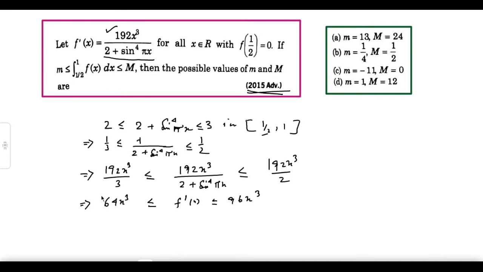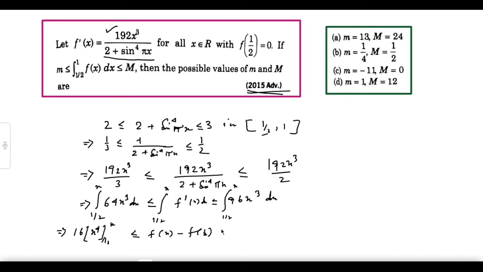Now taking integration with limit half to x dx on each term, we integrate: 64 by 4 means 16 x to the power 4 over limit half to x, less than equal to f of x minus f of half, less than equal to